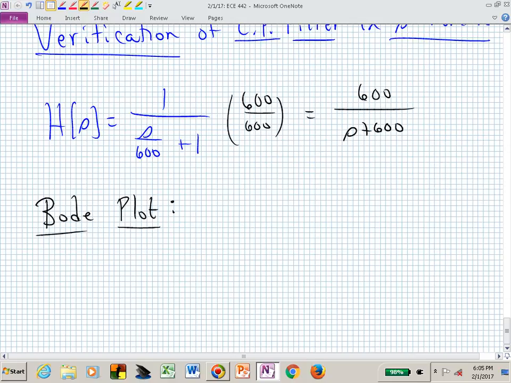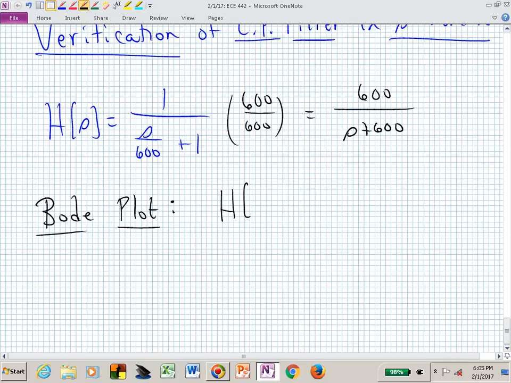What frequency might I be interested in for that low-pass filter? At low frequencies, it might be nice to know what this filter is doing. And what's a low frequency? 1 hertz, let's go a little lower. 0, DC. Our DC gain is now found